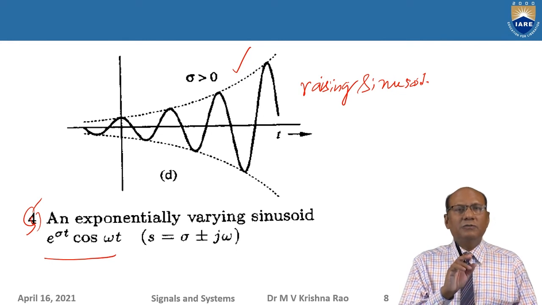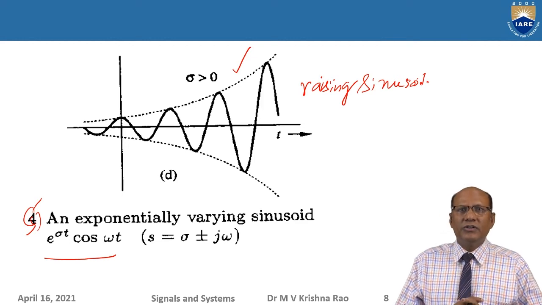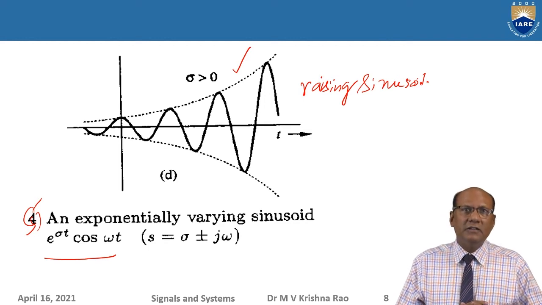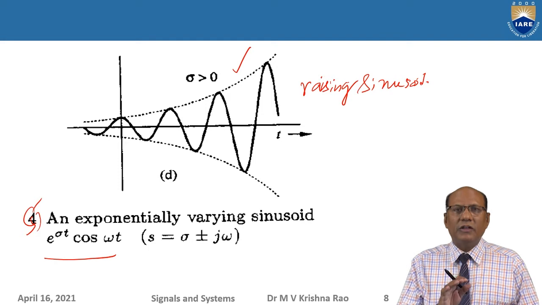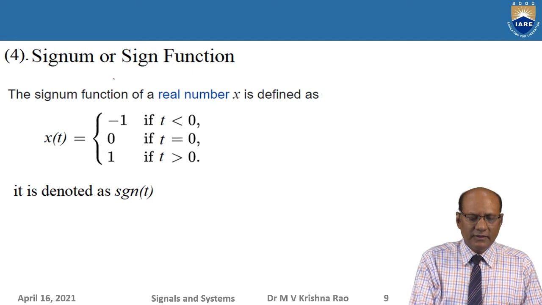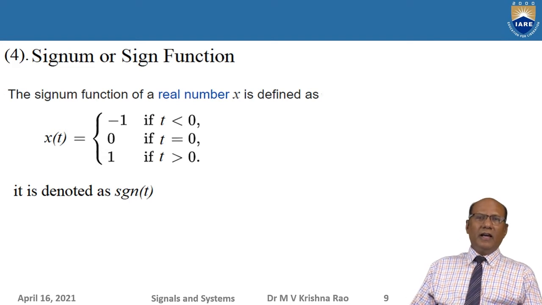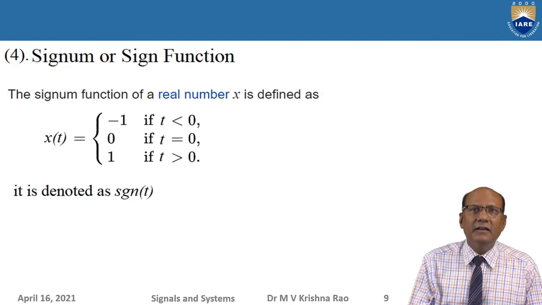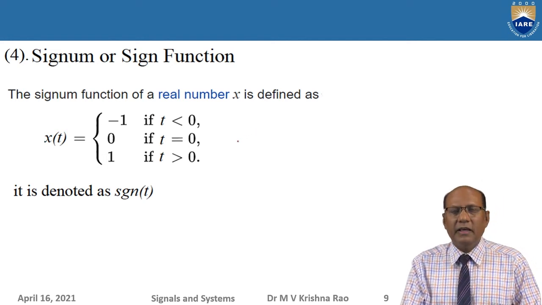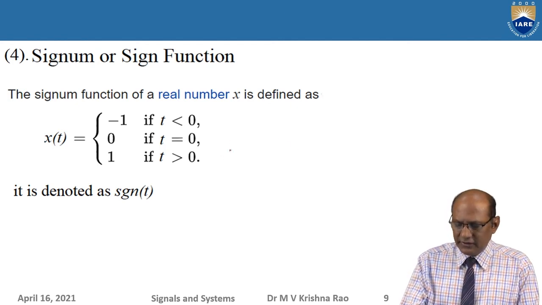What was the exponential function? It was the third in the series. What was the first one? The first elementary function, the unit step function. Afterwards, the unit impulse function. The third one is the exponential function. So three functions we have studied so far. The fourth one is the signum function. This is used to extract the sign of a given number. In general it is a real number, or it can be an integer also, anything.